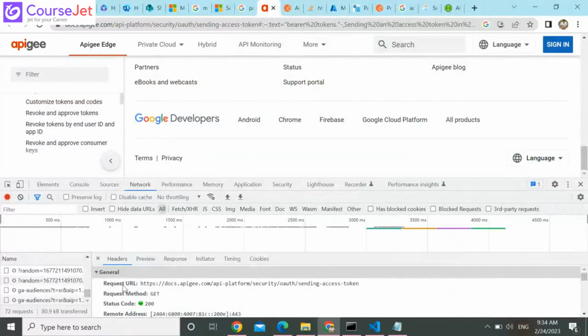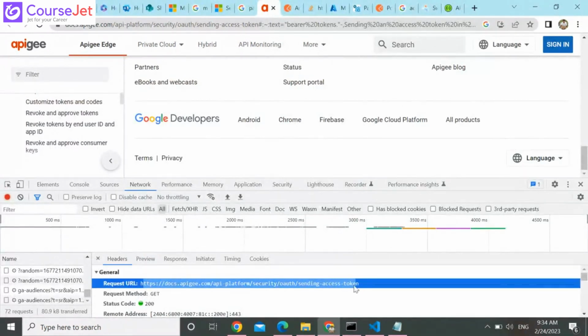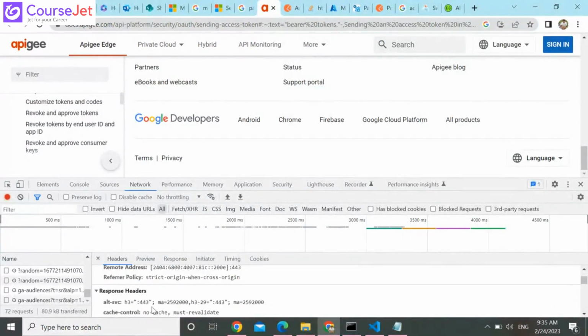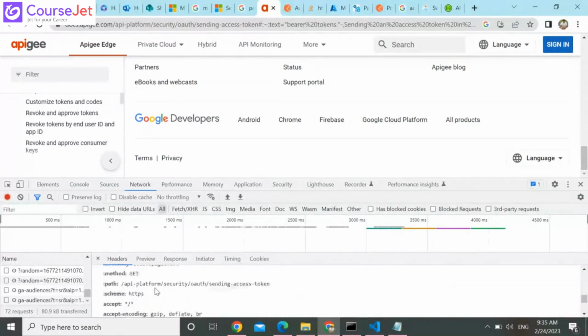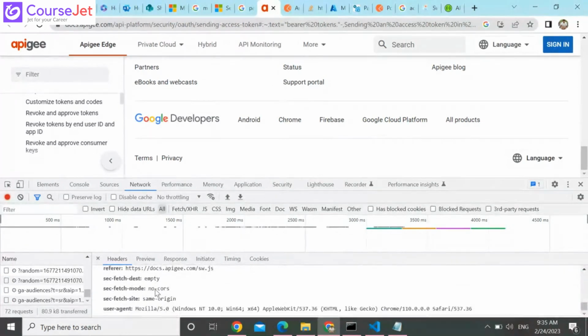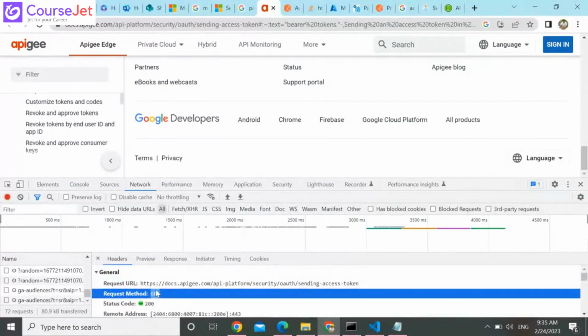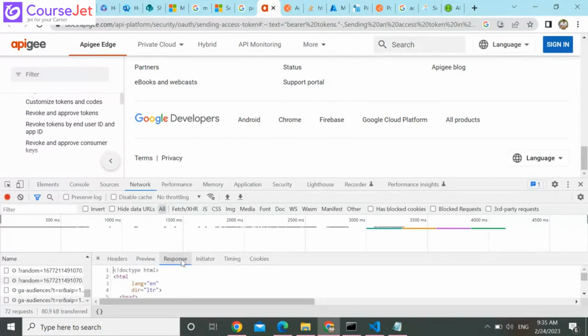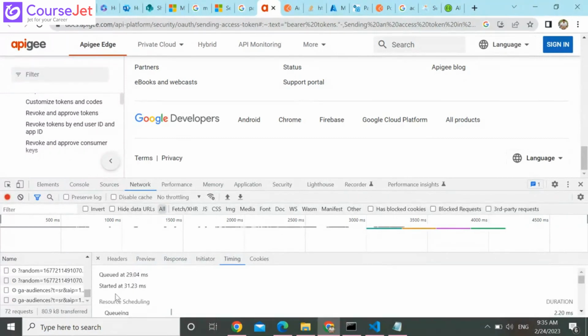you can see all the details like request URL. This is the URL, like sending access token and kind of method. It's a GET method, status code, and its output, request header, response header. All those things you can check here. Okay, you will be using this when you are debugging the particular API response, whether it is coming properly, whether it is taking more time or not, how much time it is taking,